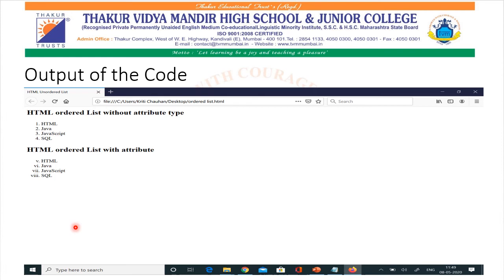Now if we use only the start attribute in the open OL tag, the value should be specified, that is from where the sequence will start, and the list will have the numerical bullet by default as no type attribute is specified. That means the sequence will have bullets starting with numbers, from the number specified in the start attribute, as in the above example.